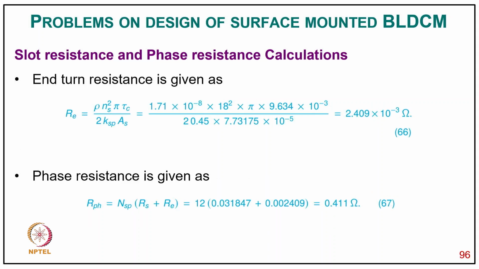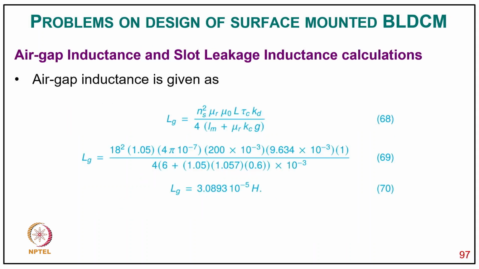0.031847 ohm, and then end resistance Re equal to rho Ns square by Tc upon 2 Ks Pks equal to 2.409 into 10 power minus 3 ohm, and phase resistance given RPH equal to NSP in bracket RS plus RE, putting a value it comes 0.411 ohm, and